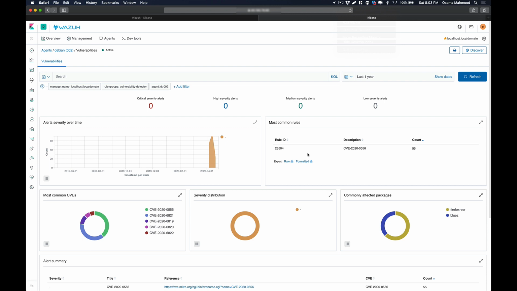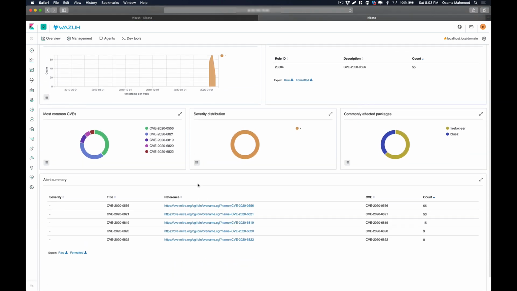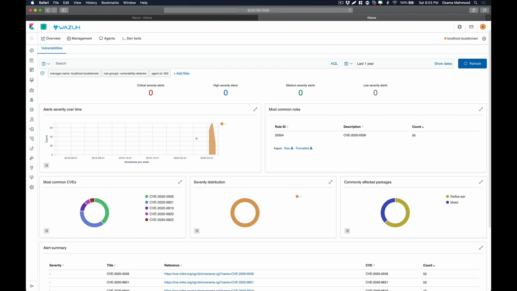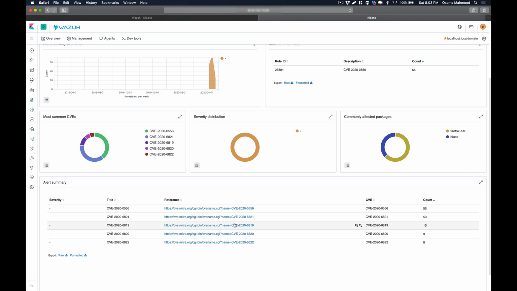So once all the information is synced between the server and the vulnerability CVEs from the repositories, the following information will show on your vulnerability section, like all the CVEs that this machine is vulnerable to, and you can check more information related to those CVEs on the cve.mitre.org website.